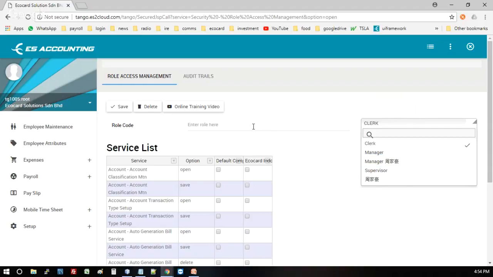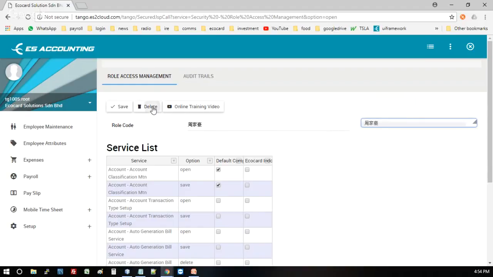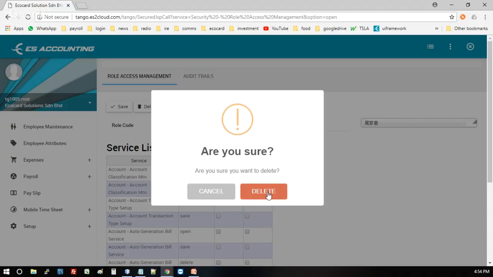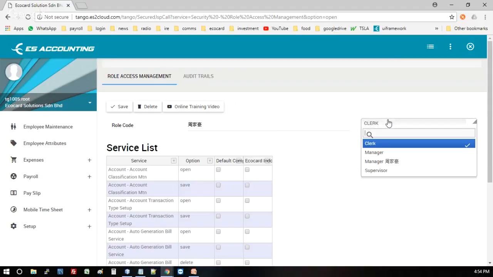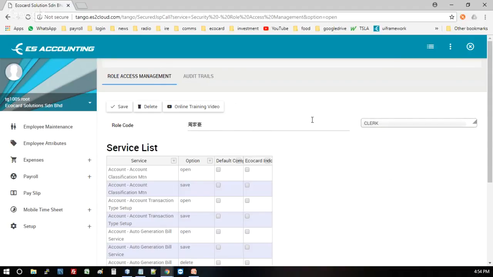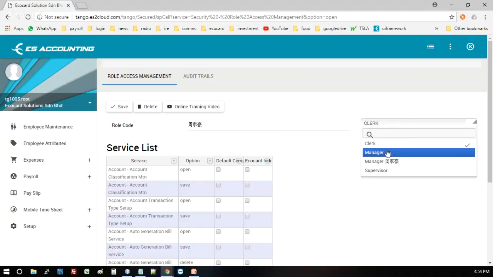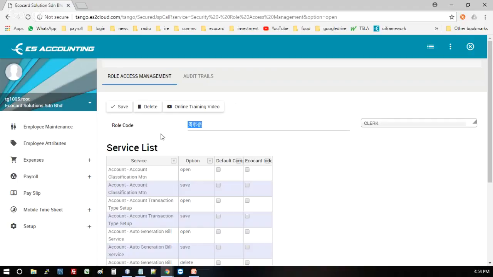Now, assuming I want to remove this role, first of all, I select this, and then I click delete, and it's gone. Now you can see the list no longer shows this. Now assuming that I want to create a new role, and I don't like any of these options, what I'll do is